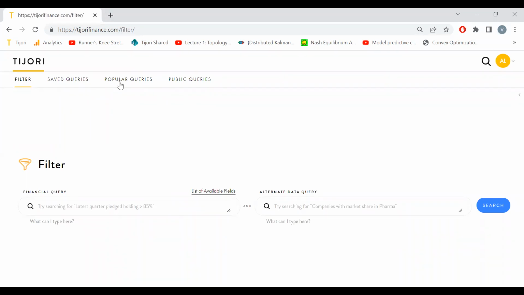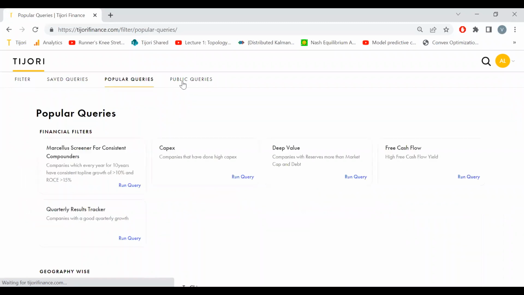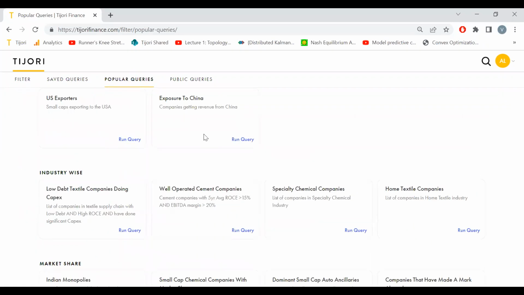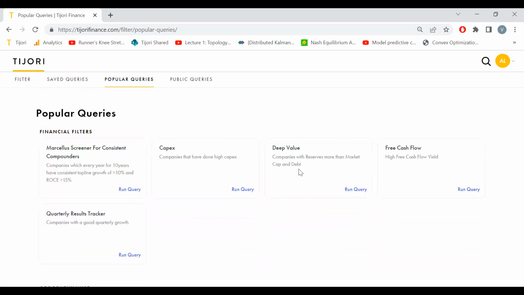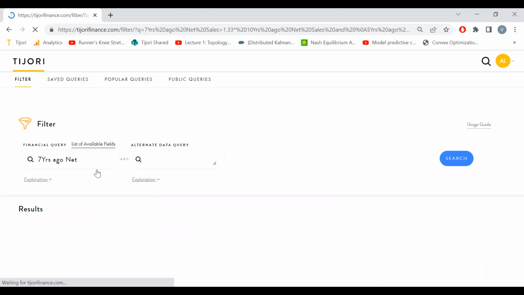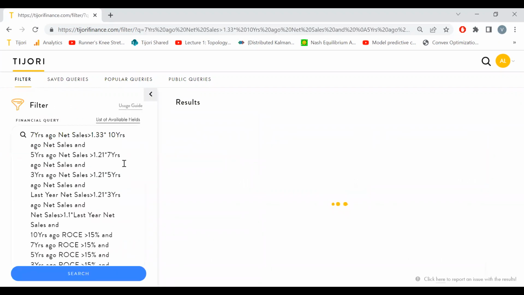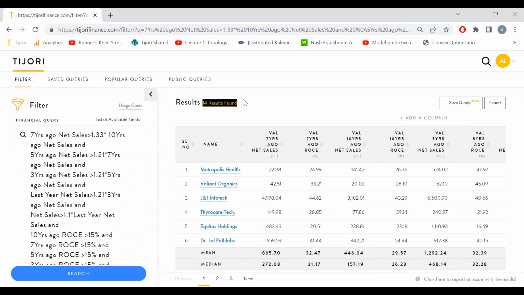There are obvious ways you can screen. Like if I just click here and go to popular queries, you can save your query and stuff like that. You might say, I want companies which run based on some criteria settled out by Marcellus or whatever. That's just a way to screen or filter for companies. Out of the 2,500, you will boil it down to a certain set of companies, and that is your first discovery process. Of the 2,000 companies, I've now boiled it down to 14 companies that I want to research. Basically in our heads, screening or filtering is a discovery mechanism of companies.